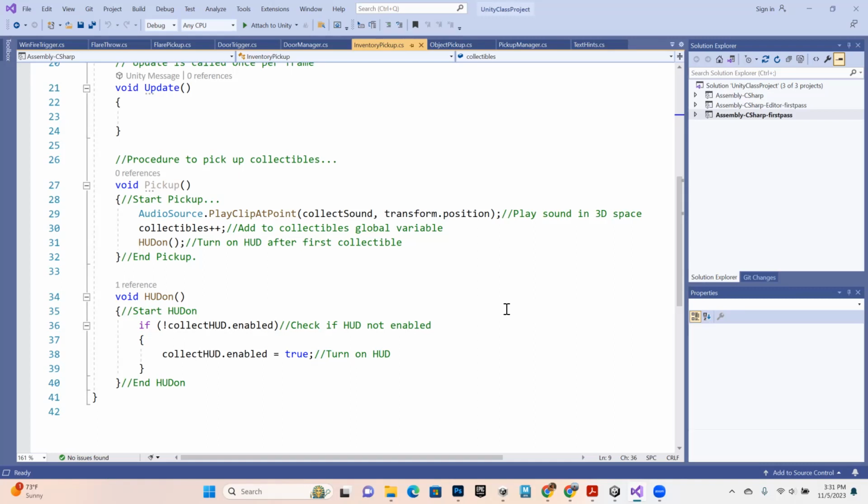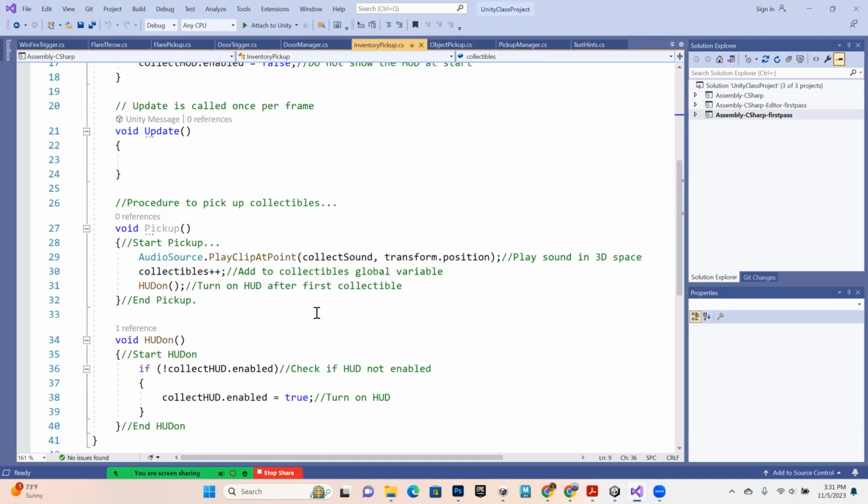So what this is saying is if not collect HUD is enabled, or it's false. And so if it's false, then it's going to go ahead and enable it, make it true inside of the curly brackets there. So this is an important thing. When you do an if statement, you put the condition inside of the parentheses after it. If it's a local variable like this,